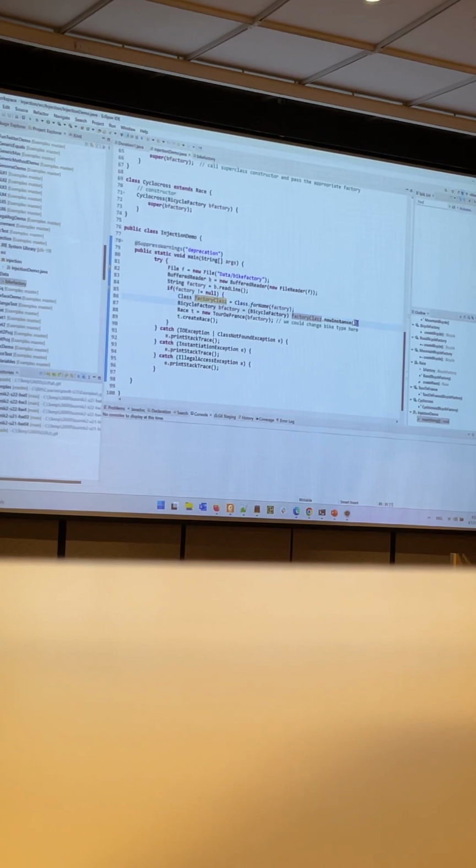And then we are able to create a new instance. Once we have the class that represents road bicycle factory, we are able to create an instance, and this is our B factory. And from this point on, everything else is the same as without dependency injection. We pass this B factory to the race, and here we are. So what happens when we run this as is is it's going to be reading road bicycle factory from this file, and that's why it creates road bicycles. If we now change this to